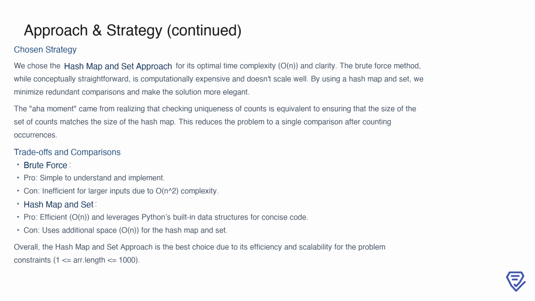In terms of trade-offs, the brute force approach is simple but inefficient, while the hash map and set approach is both efficient and scalable, with the only downside being its O(n) space usage. Overall, this chosen strategy strikes the right balance between clarity and performance, making it the best fit for the problem's